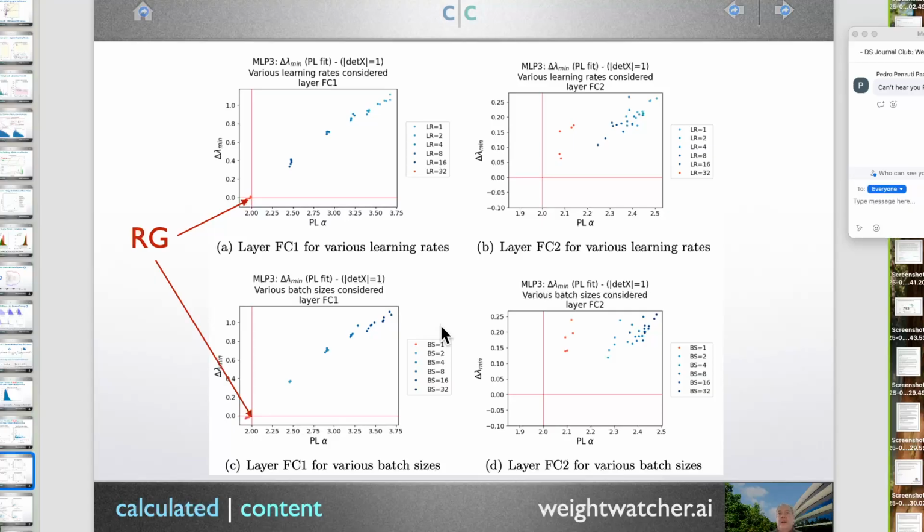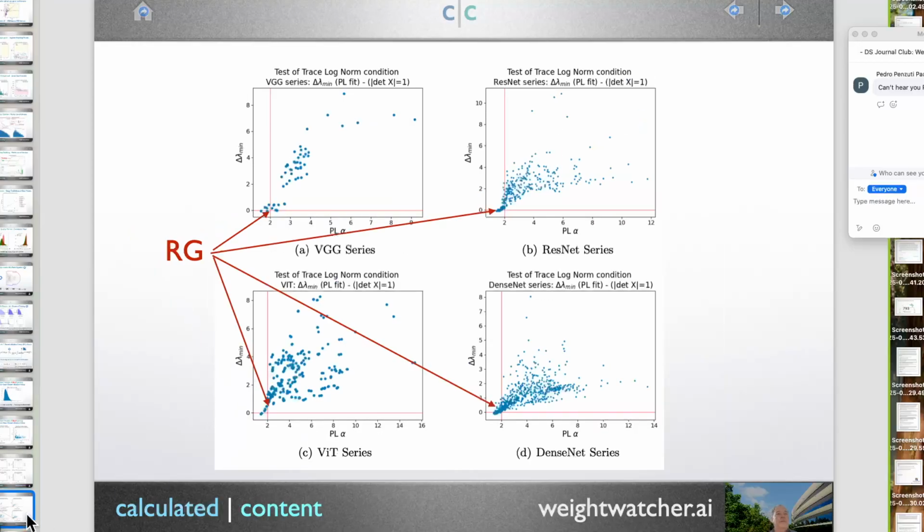We describe in the paper what's going on here. If you look at FC1 again, if you decrease the batch size, which is the same as increasing the learning rate, you see the same effect. You can drive the alpha down. You get an optimal test accuracy, and the dead X condition, the alpha condition hold.